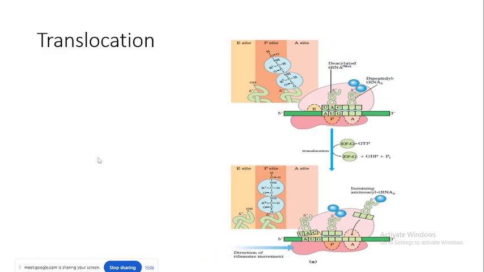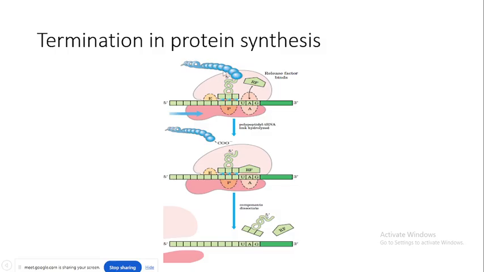So when the ribosome reaches the stop codon, for example UAG, right? After addition of the last amino acid, when the translocation step occurs, the A site will be placed at the UAG, which is the stop codon, and the P site will be placed at the polypeptide chain, which is attached with the last tRNA.